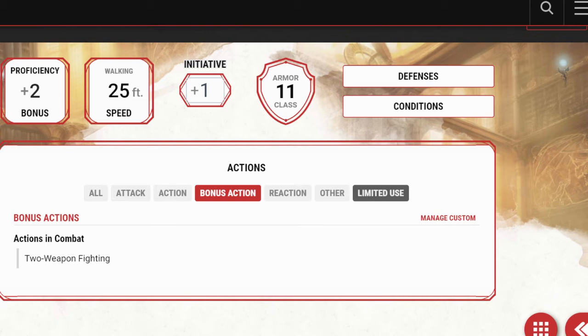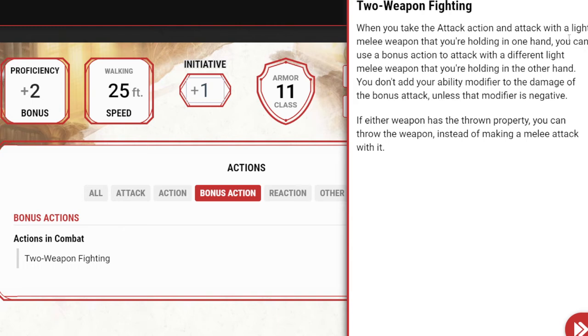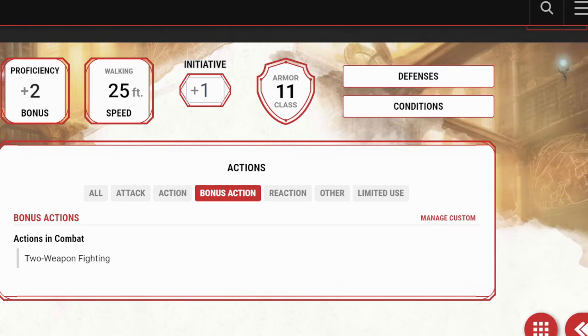Once again, I'm on the wizard's character sheet in D&D Beyond, and we see for bonus actions, there's not too much that the wizard has. They just have the two-weapon fighting bonus action, which tells you that when you take the attack action and attack with a light melee weapon that you're holding in one hand, you can use a bonus action to attack with a different light melee weapon that you're holding in the other hand. Well, I did not attack with a light melee weapon, so I can't really do that two-weapon fighting. However,